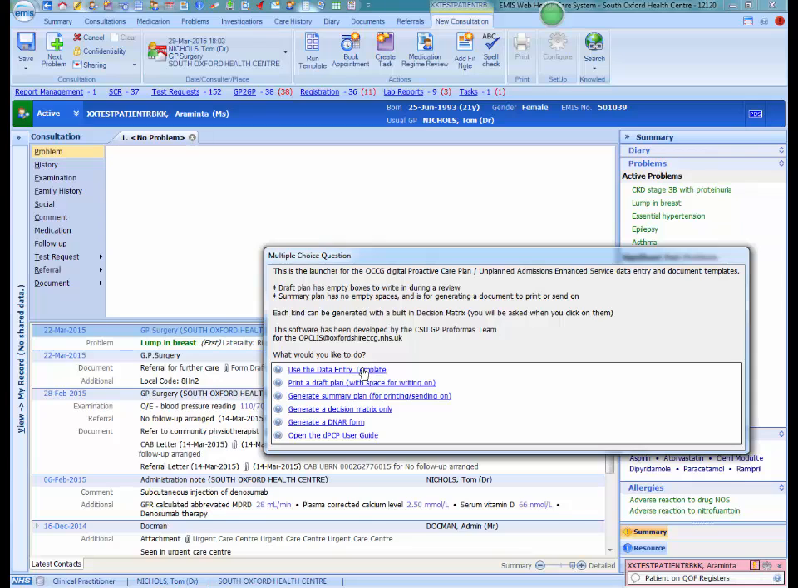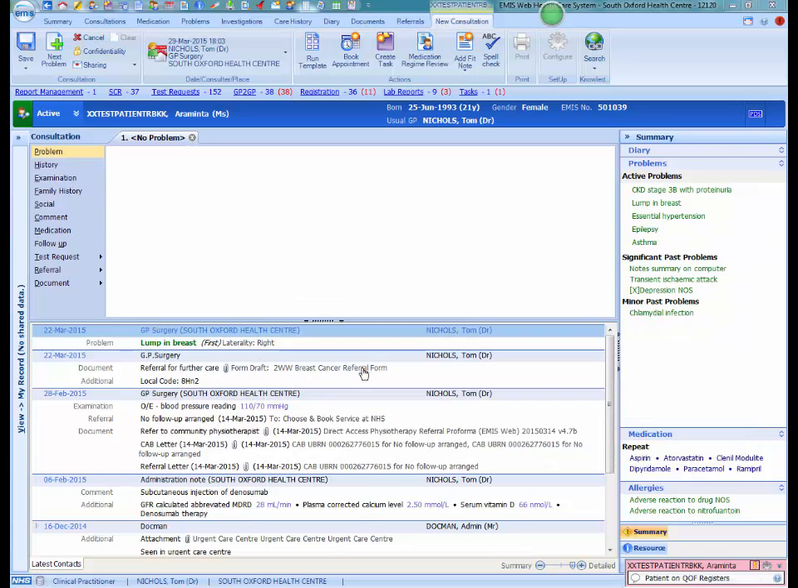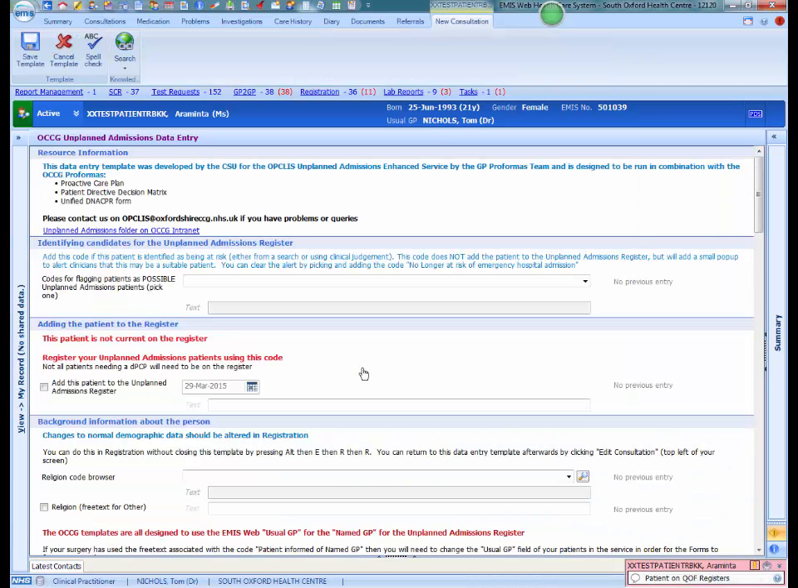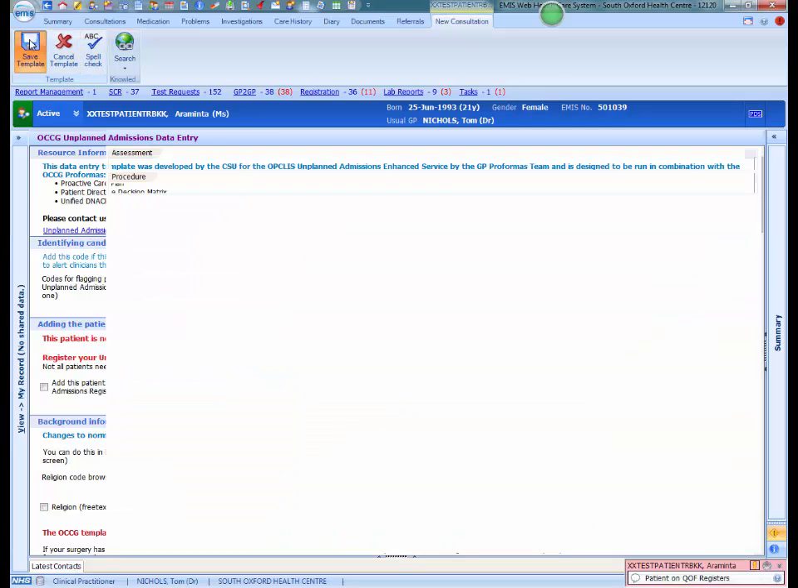So on this occasion, I'm going to use the data entry template to add the trigger code to identify that this patient is considered a risk of admission. Here it is, flagging as a possible unplanned admissions candidate, at risk of emergency hospital admission. I'm now going to save the template